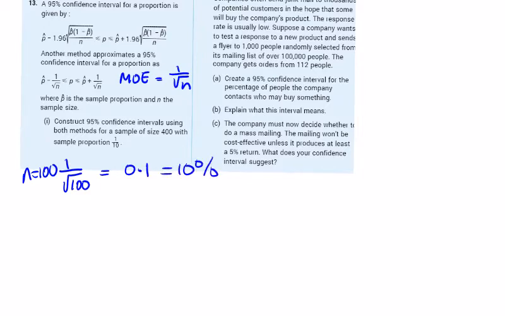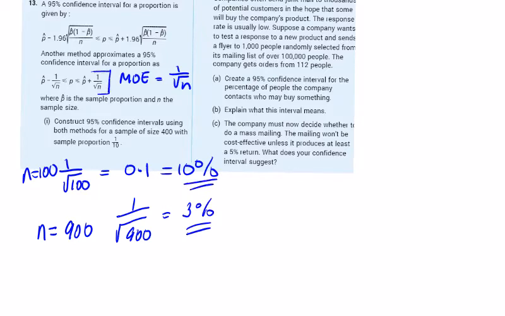And in the political surveys, n is normally around 900 to 1020. 1 over the square root of 900 is 1 over 30, which is around 3%. I'm just rounding off for introductory purposes here, for the other method to use 1 over root n instead of what we've been using so far. So part 1, we're asked to construct a 95% confidence interval using both methods for a sample size of 400 with